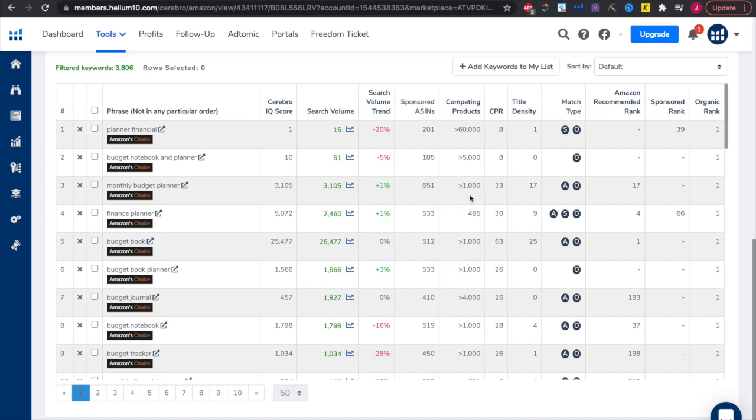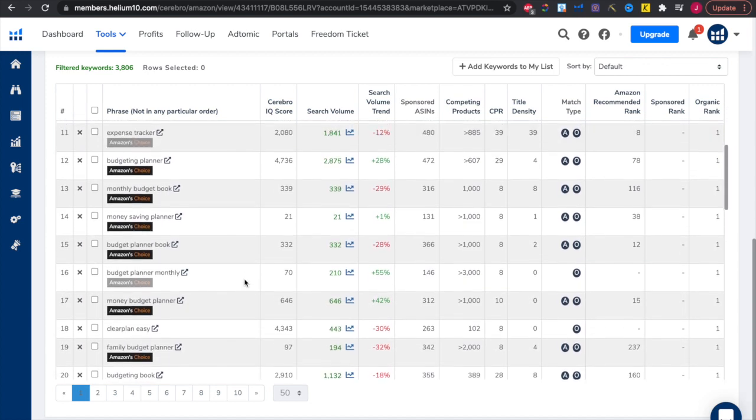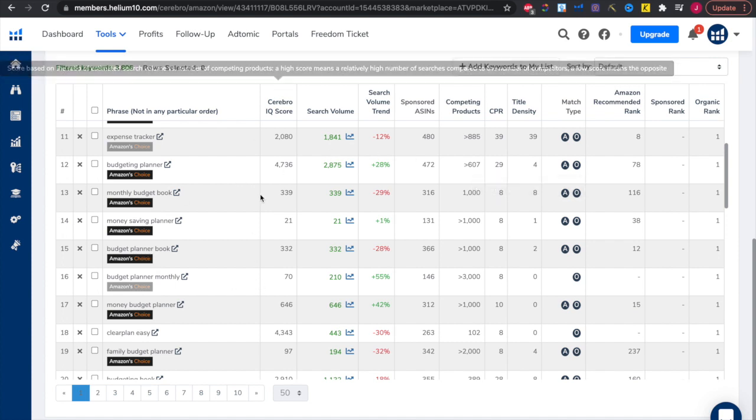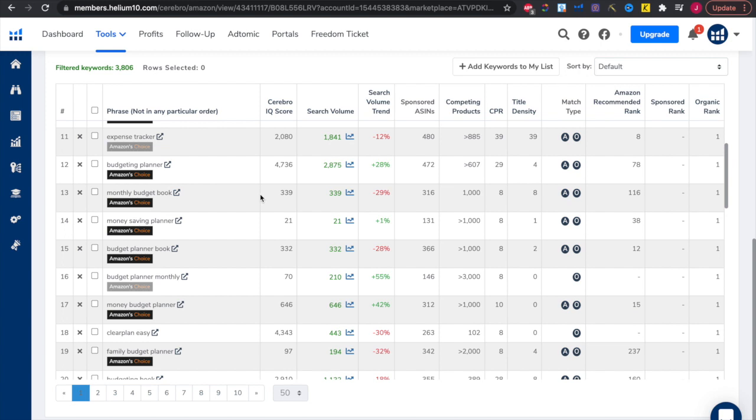So you can see that these keywords are really good. And you can keep scrolling down as well. There's budgeting planner, which also has a really high Cerebro IQ score, search volume of 2,875, but less than 607 competing products. So luckily this ASIN brought up a lot of good keywords that you can use for your 7 keywords,